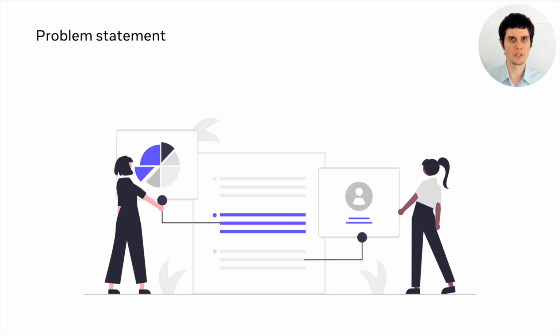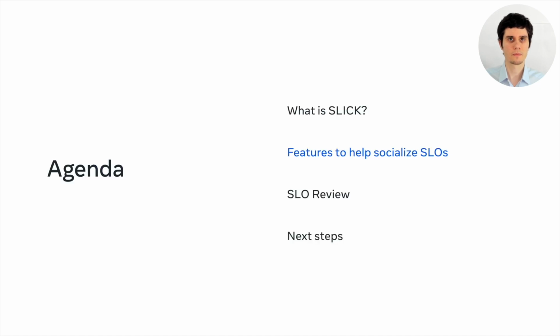In the first half of 2022, we conducted an internal survey at Meta to feed into the development of an SLO adoption strategy and to understand the gaps in our SLO tooling. A significant amount of responders indicated that they struggle to get value out of SLOs. For example, they do not regularly look at the dashboards and they do not have alerts. This was in line with what we saw in our internal usage metrics for Slick. At that point, we really wanted to answer the question, how can we increase the value that SLOs provide to teams? I'll go over some of the features that we had previously built to help socialize SLOs across Meta, and explain why these didn't quite solve the problem on their own.